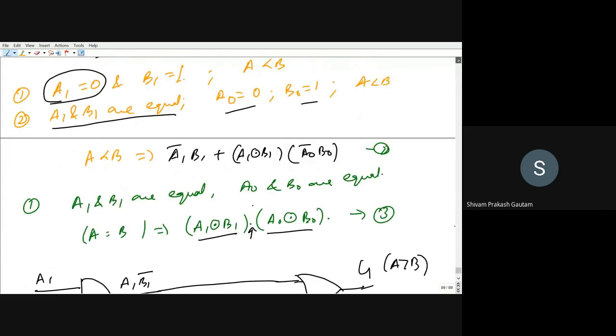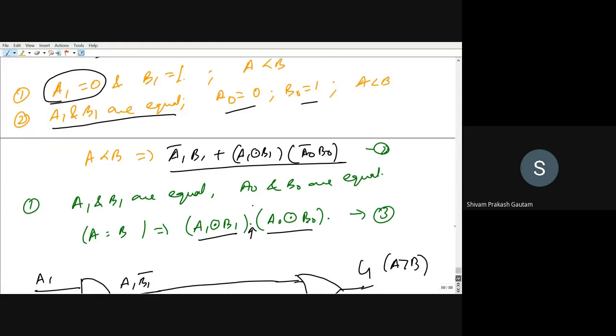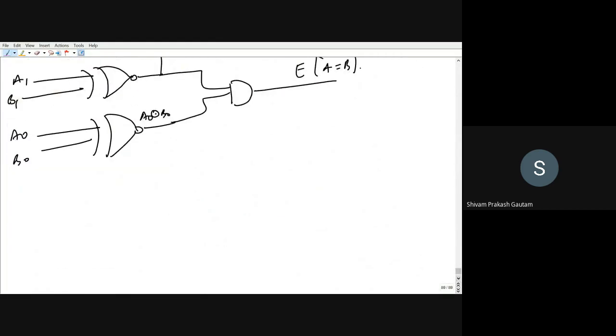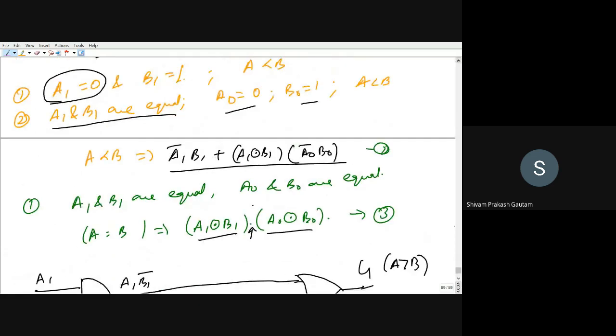And in this case we want to draw the last case, that is for less. So A1 bar B1. So I pass it through AND gate. A1 bar B1. So here it will be A1 bar B1. A1 XNOR B1, and you want A0 bar B0.